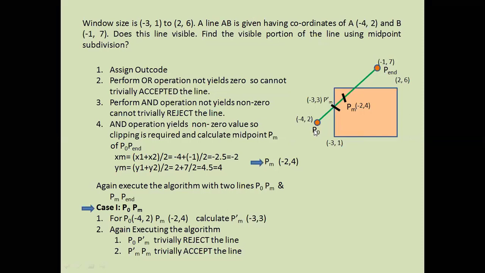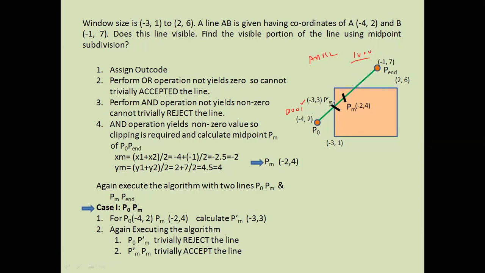What will be the region code of this? It will be 0, 0, 0, 1 according to the rule of ABRL. Okay, so this is on the left hand side, so this bit will be active. And what is the code of the other point? That will be ABRL, that is above. So 1, 0, 0, 0 likewise. Okay, so I'm not getting into the outcode now.